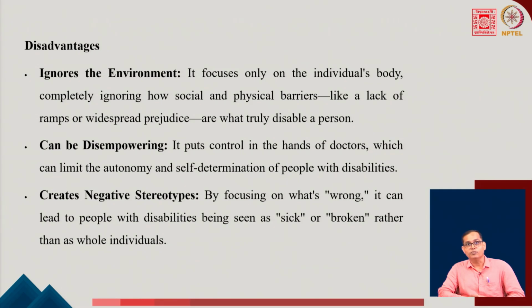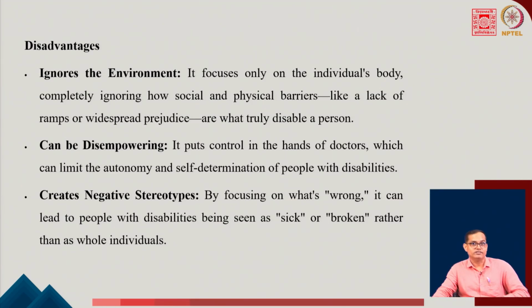It can be disempowering. It puts control in the hands of doctors, which can limit the autonomy and self-determination of people with disabilities. It creates negative stereotypes as well. By focusing on what's wrong, it can lead to people with disabilities being seen as sick or broken rather than